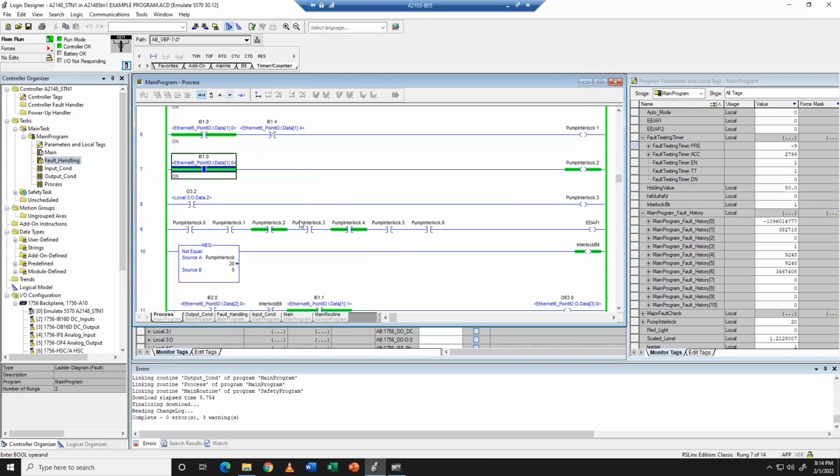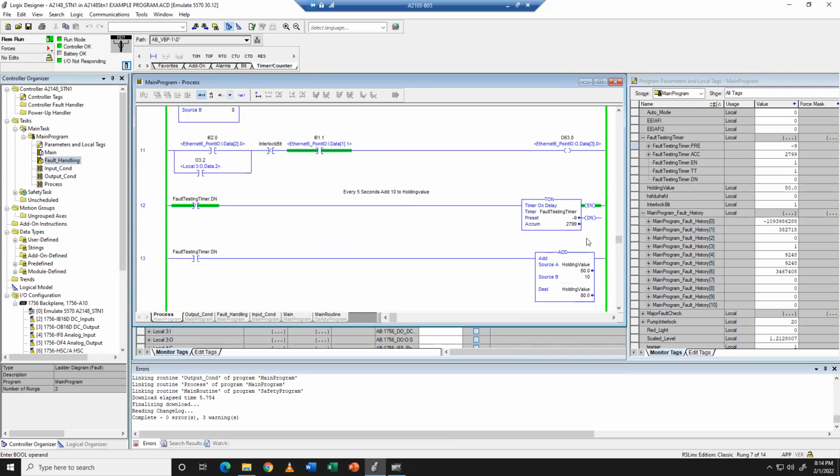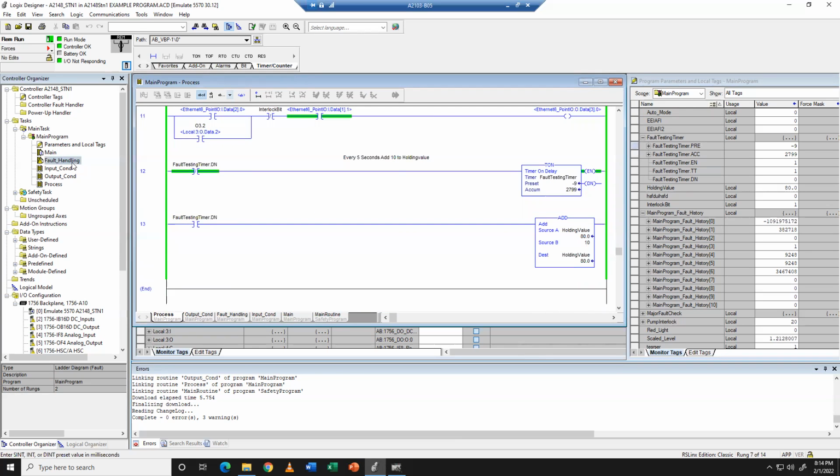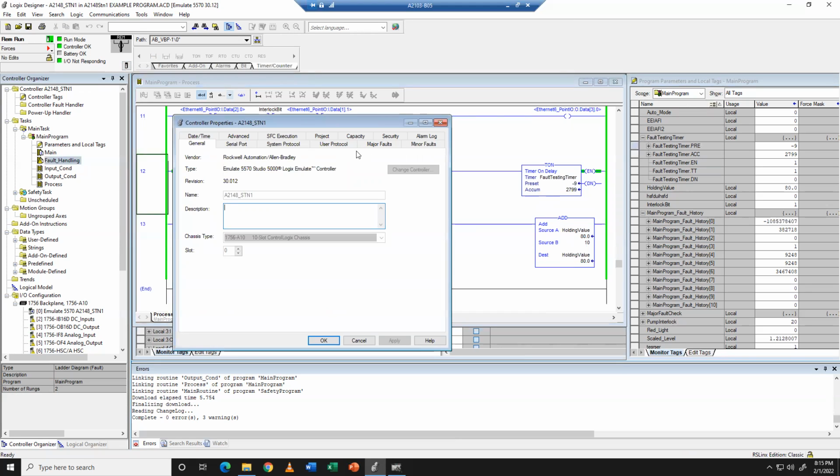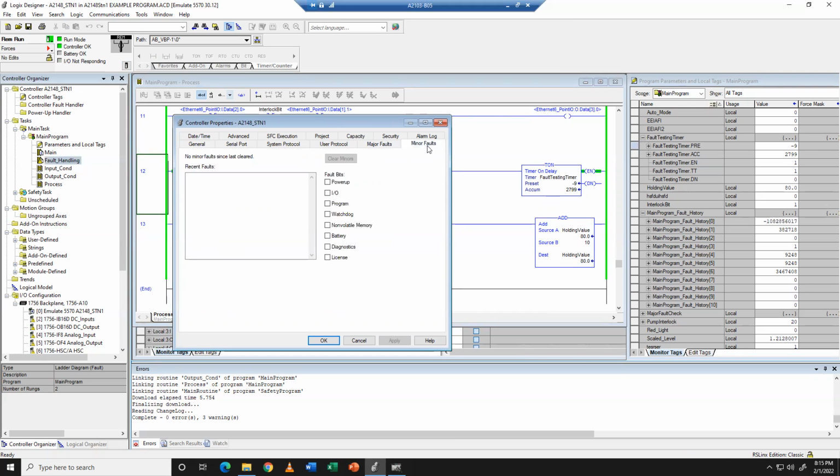Or something? Yeah. So there you go. So you can force it to clear that. You can see the force turned on because I forced a bit on. But if I go over to faults,